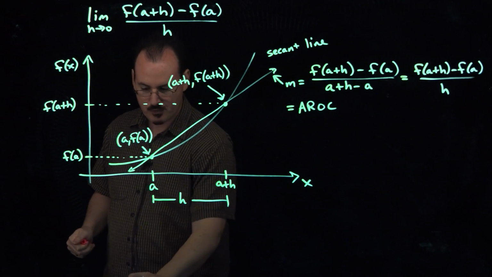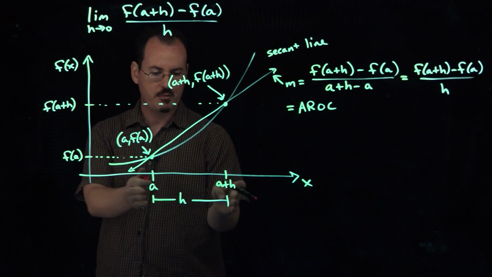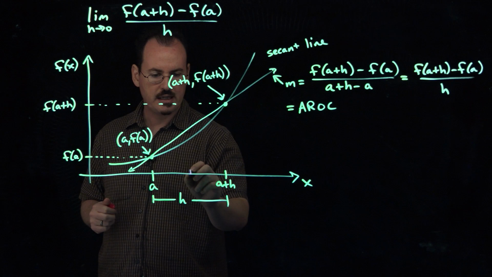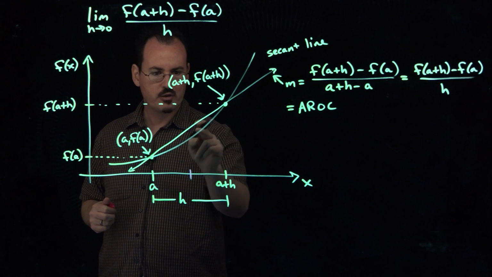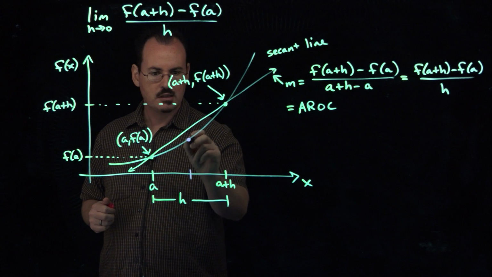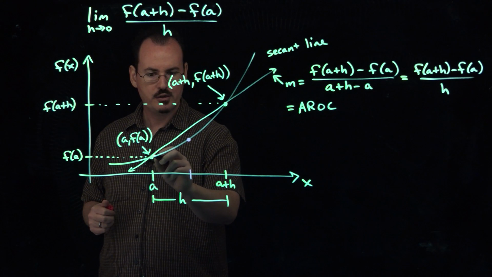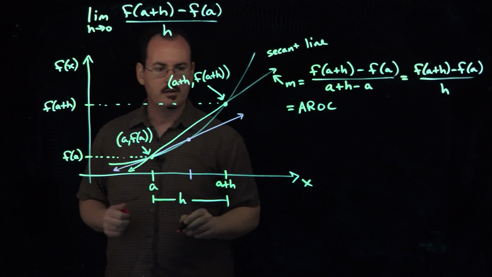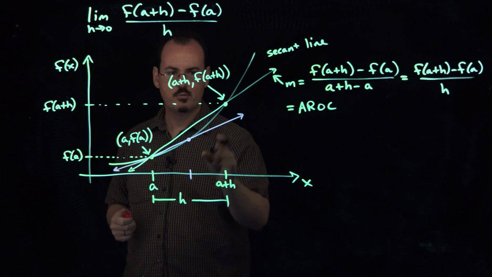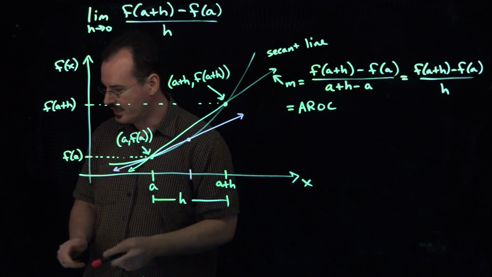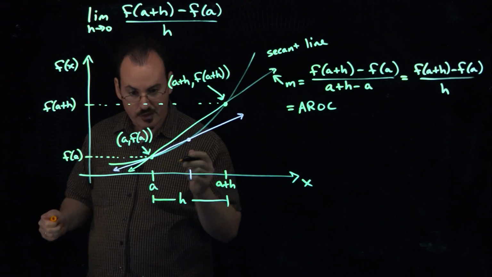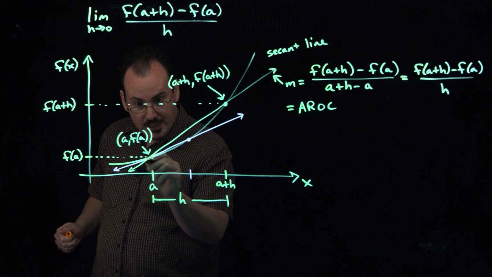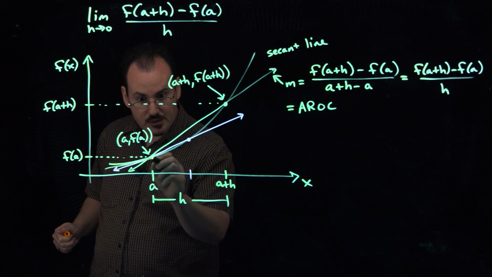Okay, so the idea here then, and I'm going to use different colors to finish this up, is that we want to imagine what happens if I make this h value smaller. So suppose I make the h value just this big instead, and I stop it right there. That would have the effect of bringing this point closer. And then what I would be doing is finding the slope of a new secant line. So I'd have this new secant line here. Now notice that that secant line has a slope that seems to be a little bit closer to the slope of the tangent line. Let's go ahead and draw the tangent line in there as well if I can. It's getting a little busy here, but the tangent line itself would be, again, the line that would just basically glance that function right at that point,